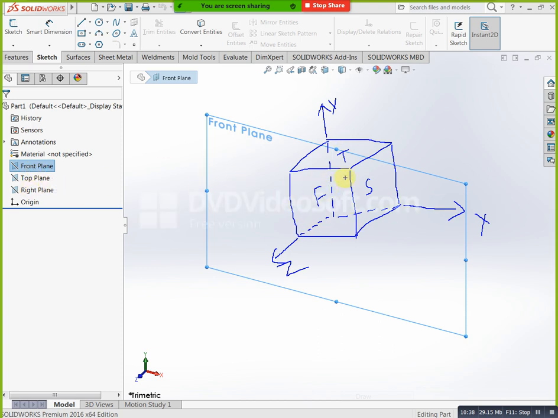Here degrees of freedom means we can move this element or this model in this direction. X direction we can move, y direction we can move, z direction we can move, right? Means 3 degrees of freedom. At the same time we can rotate in x direction. We can rotate like this. At the same time we can rotate like this, y direction. At the same time z direction. Means 3 translation movements are there, 3 translations. Okay, at the same time 3 rotations. Okay, totally we have 6 degrees of freedom, 6 DOF.